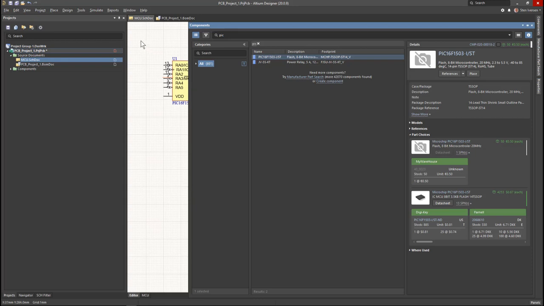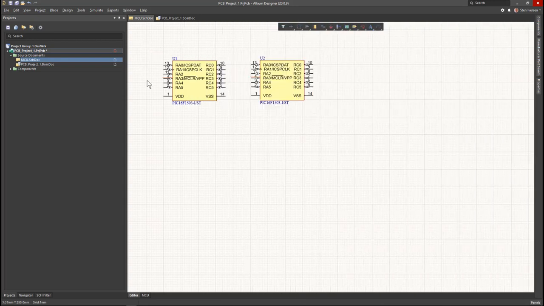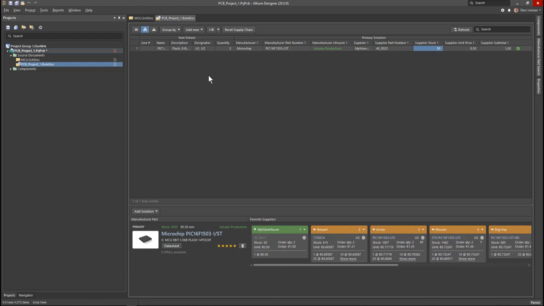Looking at the project, in this project here, I have placed 2 devices of this PIC16F. If I look at the active bill of material, like here, you can see that I have all the information related to that chip coming from my warehouse here. I have the supplier stock here. I have 50 of them, and the unit price is 0.5 euro here, and the total amount for this project, which holds 2 of them, is then 1 euro, of course.